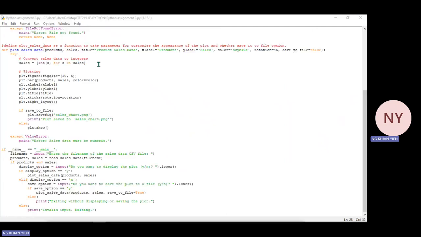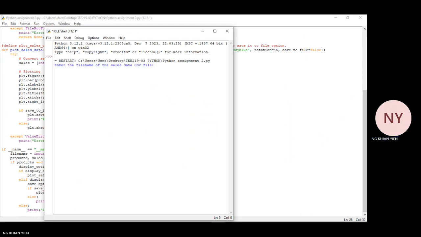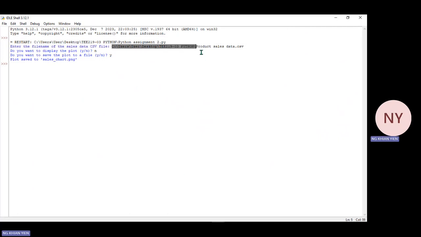So the second situation is if we do not want to plot out the image, we say no. If we plot out, we want to save the plot file. If we click yes, the program will automatically set it to this location. So in this location,